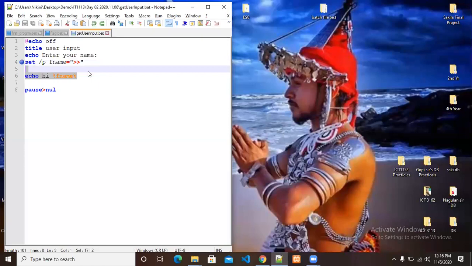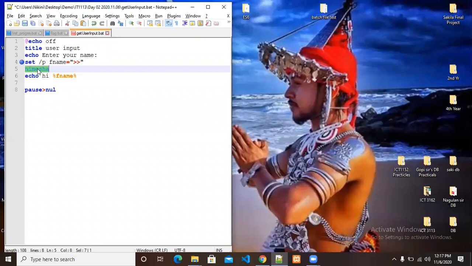Whatever, here it asks me to enter my name, but if I type a number, it is also grabbed by that f name variable. Okay, now I'm going to type my name.